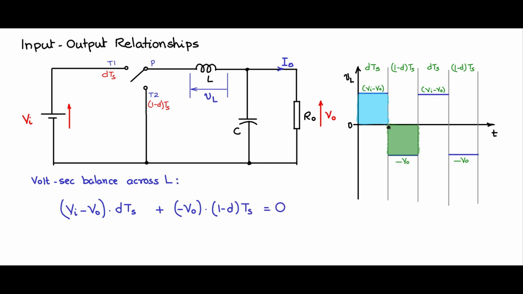These two should add up to 0, or basically these two should cancel each other. So here I can remove this Ts. If I simplify the remaining portions, you see V0 into D, and a minus V0 into (1 minus D). If you take it to the other side, they become V0 into (D plus 1 minus D). So basically it becomes 1. And on this side you have Vi into D. So if you do the algebraic simplification, you will get V0 is equal to Vi into D, and that is the input-output relationship.